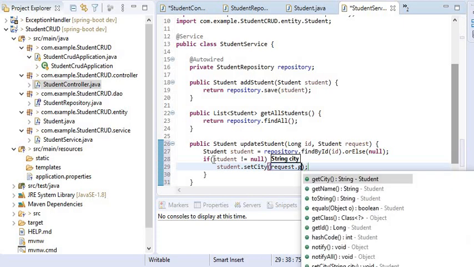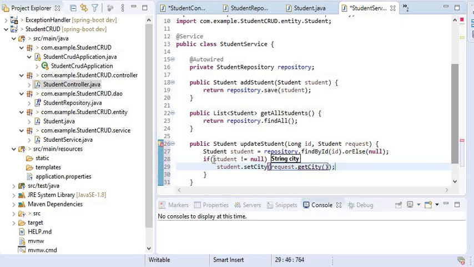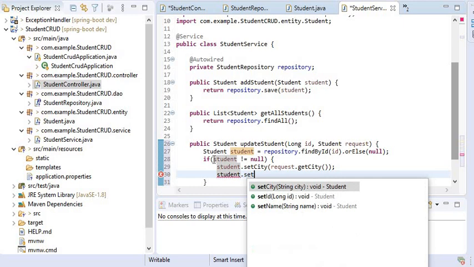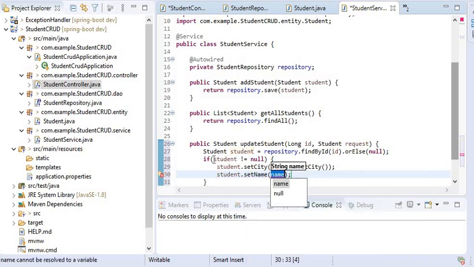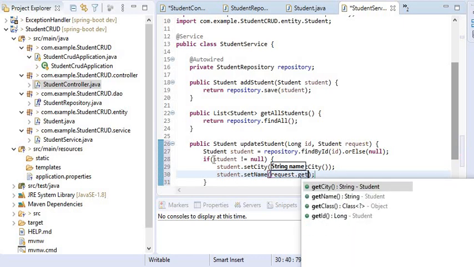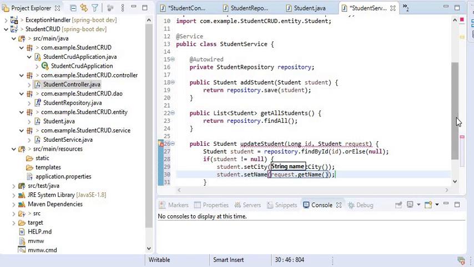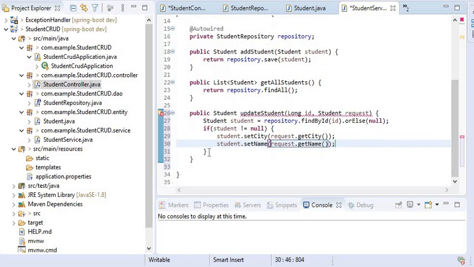Here we can use multiple checks. If city value is available in our request, then it will be updated. student.setName, because ID is already available. That will be request.getName. And it will return the same student after updating.